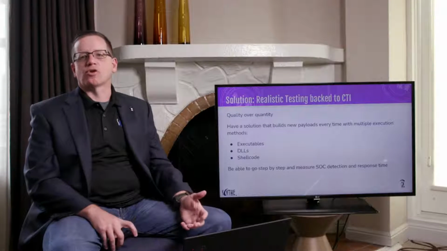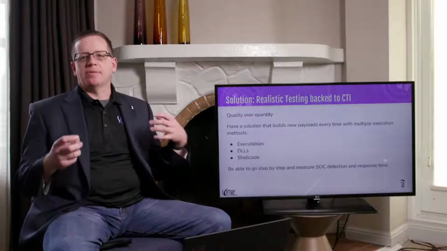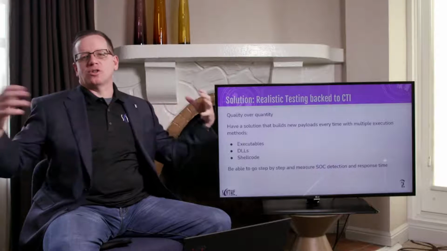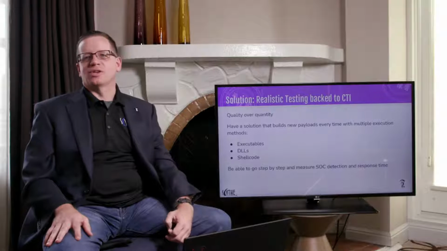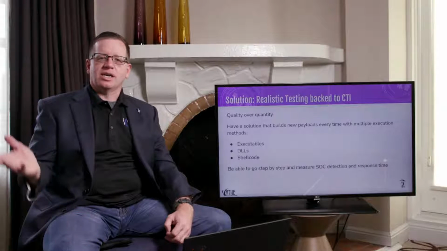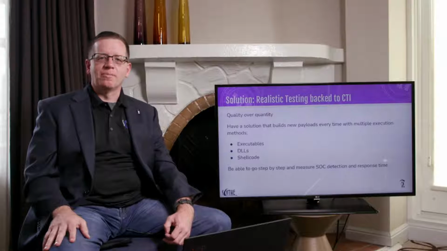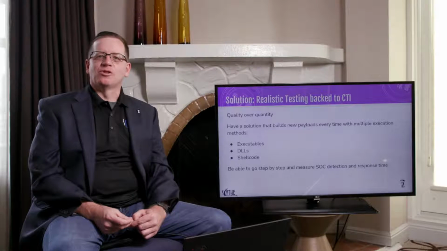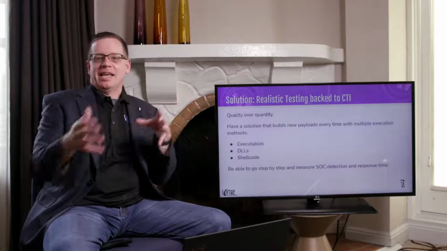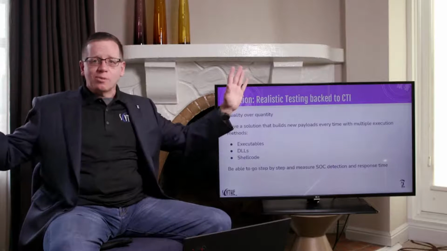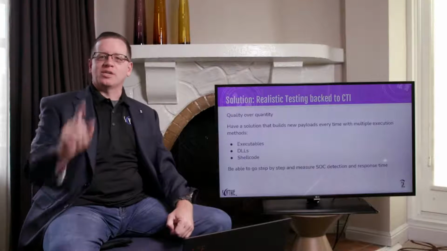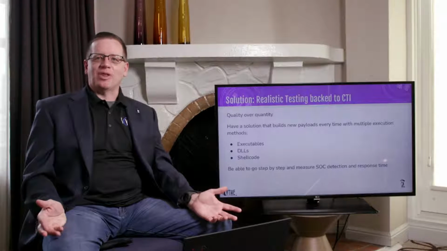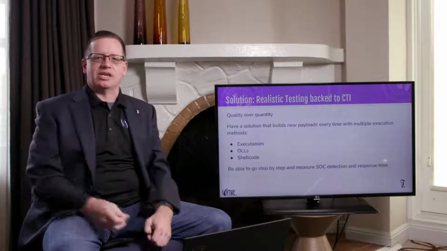So this is a big quality over quantity thing, right? I'm a big fan of running a smaller number of quality tests rather than a large number of, let's call them worthless tests. Bryson and I were chatting, gosh, it's probably been a month ago, about the ability to replay packet capture, and how so many folks look at that as the beginning and the end of adversary emulation. That's neat. By all means, go replay packet capture. That's great. You can check one particular type of control in the network, completely forgetting about the endpoint. That seems like a really bad plan, right? I want both. I want endpoint and network detections tested, right?